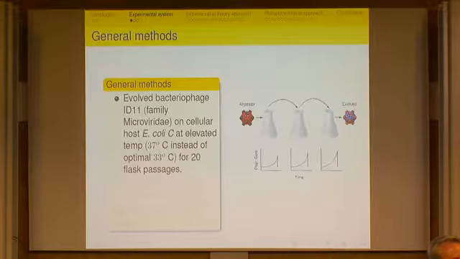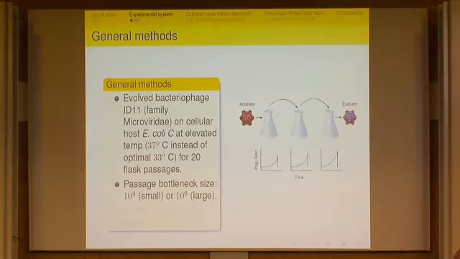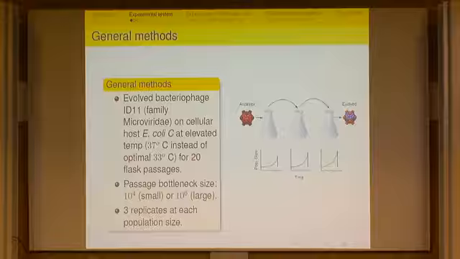Bacteria is essentially what this particular phage uses, so we're going to be washing these out using new fresh bacteria at each flask. They grow up from, we use different bottleneck sizes. One is a small bottleneck, 10 to the 4th, a large bottleneck is 10 to the 6th, and we replicate. And then at the end of each experiment, we do full genome sequencing, and we actually can track the